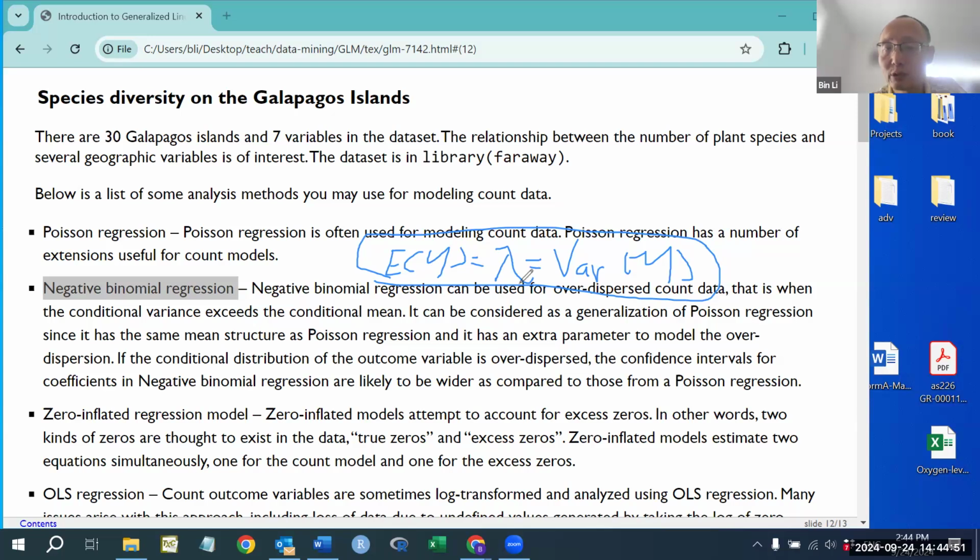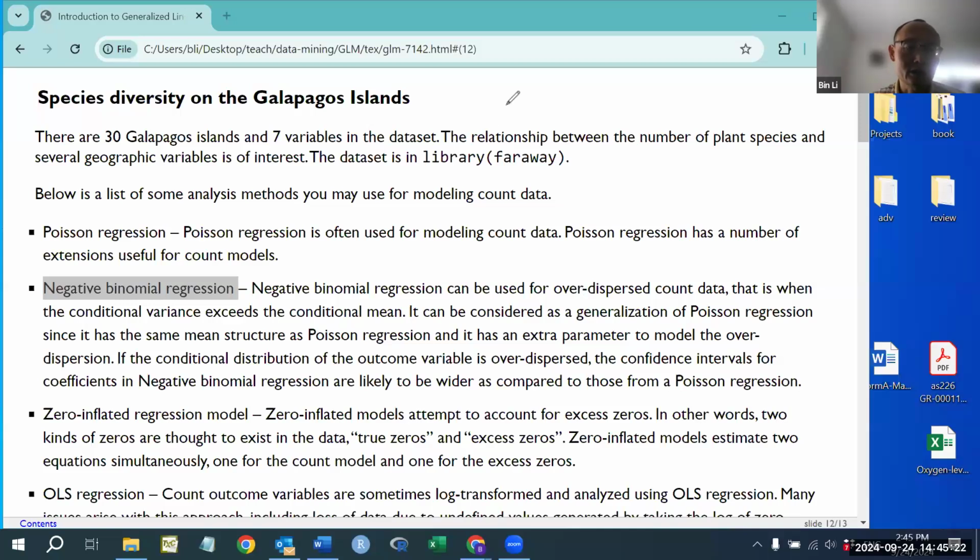Okay, if the expected count is not equivalent to the variance of the count, then that is called the over dispersion or under dispersion case. What is over dispersion? Over dispersion means the variance is greater than the mean. Under dispersion means the variance is less than the mean. And most cases are over dispersion. Okay, so that's the reason why we need to consider the negative binomial as a tool